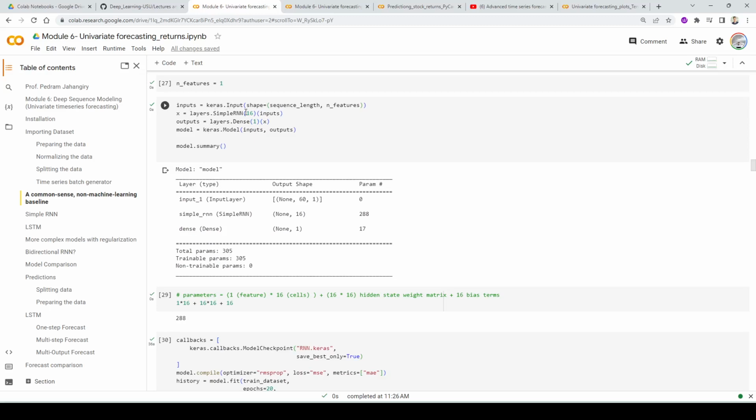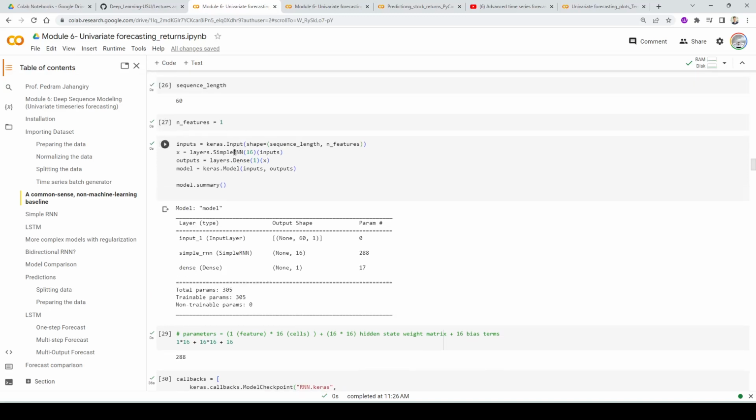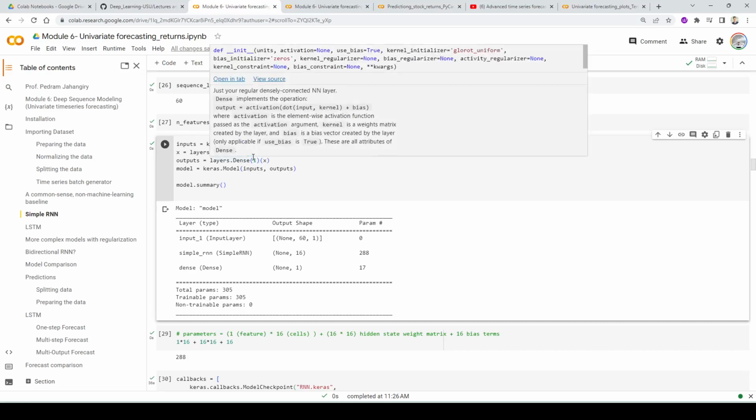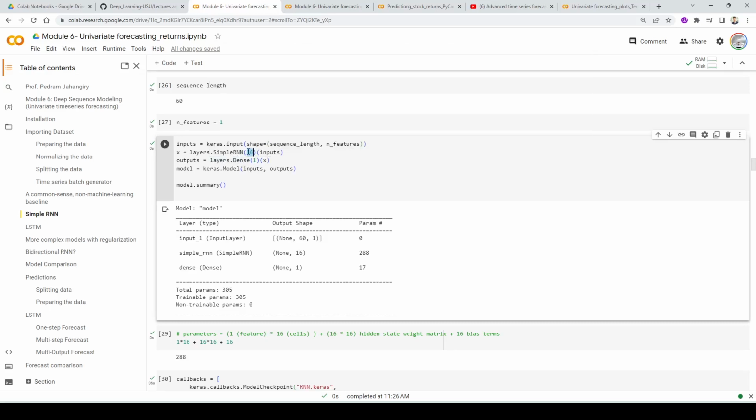The inputs, the shape is important. It's 60 by 1, right? And then we're going to add the first layer, which is a simple recurrent neural network with 16 recurrent cells. Why 16? Again, there's no magic number. You can try 32, you can try 64, but whatever it is, make sure that it's not bigger than the sequence length, to avoid that bottlenecking problem. So 16, we're going to go with 16, and the output layer is just one simple dense layer with 1